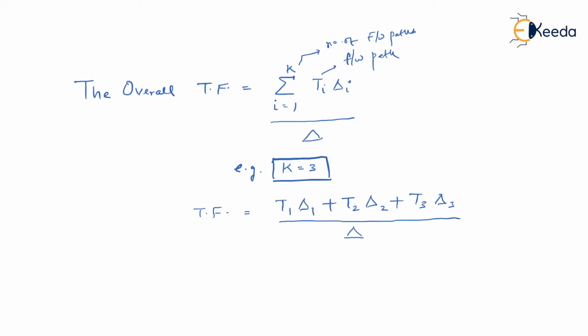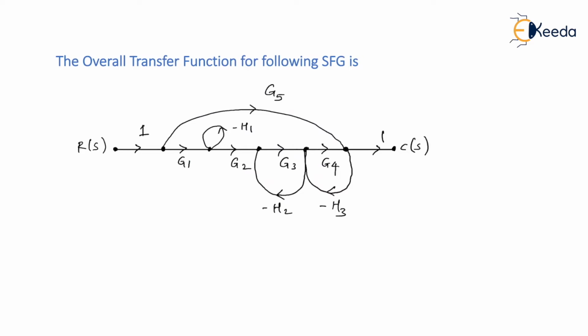If you have seen the previous video where we solved a problem, you must have noticed that we took at least 10 to 15 minutes to solve a problem on SFG. But now I'm going to give you a trick to solve a similar problem within 2 minutes and not more than that. This was just to give you an overall idea of how to get a transfer function. So I have taken the last problem from the last video lecture, which we solved in a conventional, traditional way. Now let me give you the approach by which you can solve it within a short span of time.